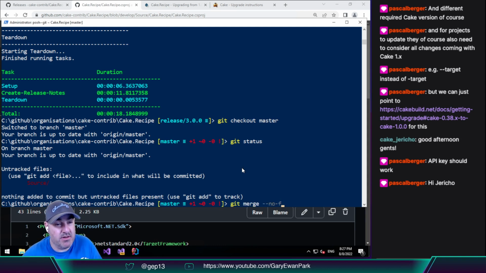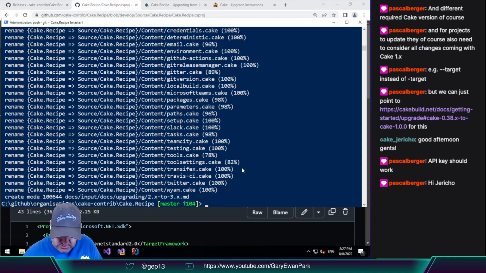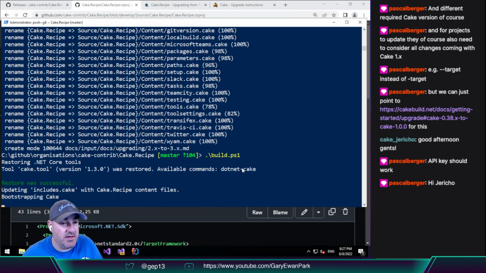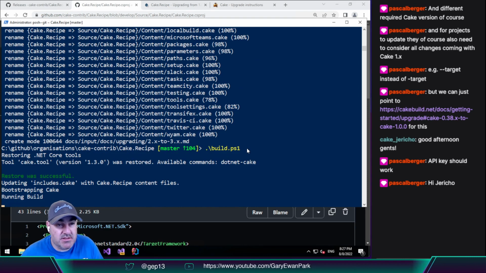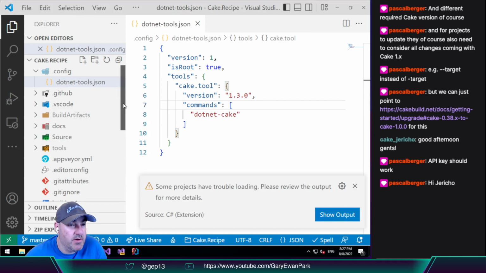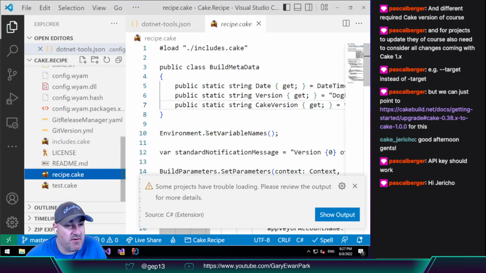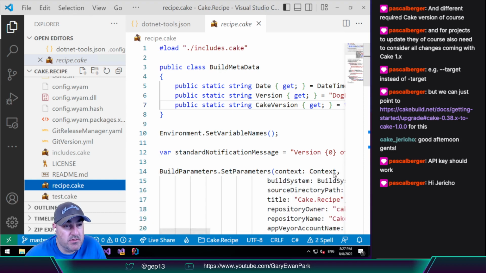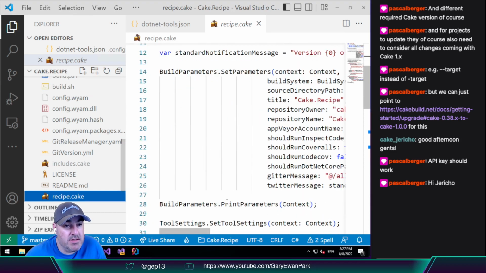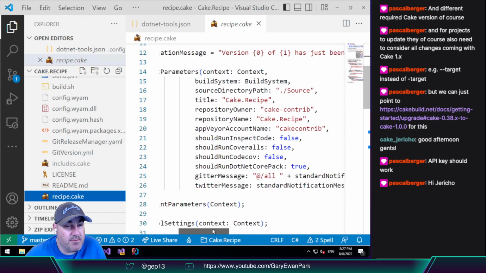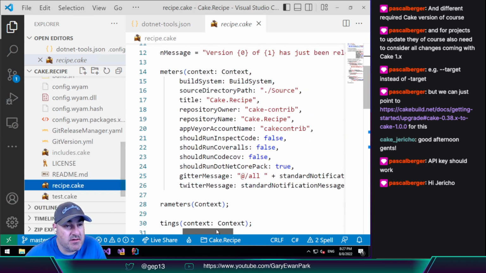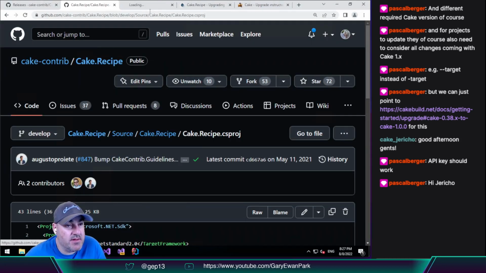So now if we do a git merge of the release branch into here, that should all work. Let's just have a quick build, make sure that everything is still building after that merge. Then I'm going to try and remember where we are going to push this from. So if you look at here, then it looks very much like the build is still coming from at there. It's entirely possible that there